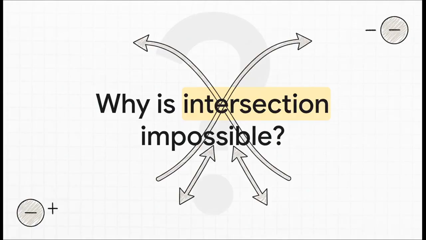But why? Why is this such a rigid, non-negotiable rule? Just take a second and think about it. What would an intersection, a crossing of lines, actually mean for the force at that one single point? And here's the beautifully simple reason. If two lines were to cross, that would mean that at that one single point in space, the electric force